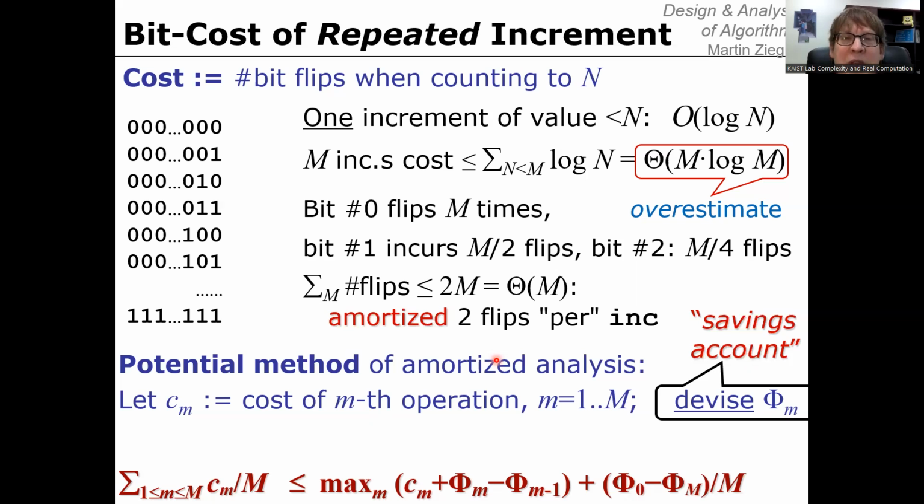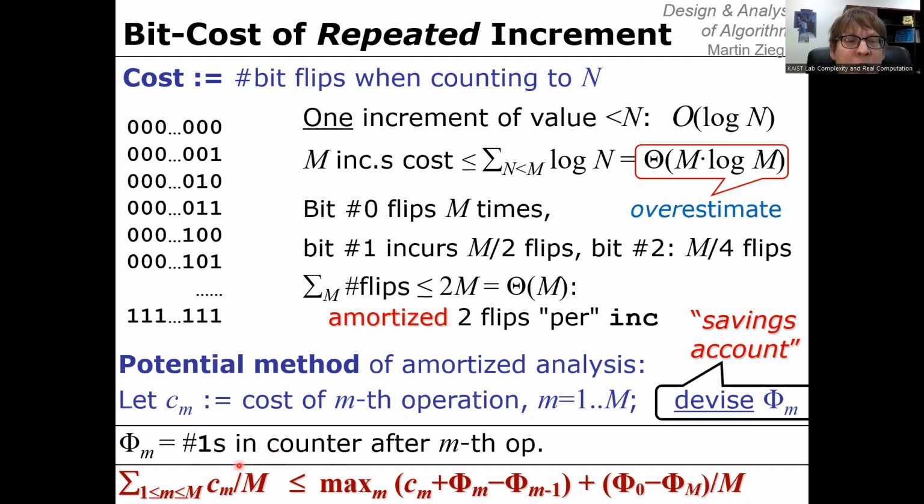In the case of the repeated increment, the policy that works, that recovers this analysis. So now we take a different perspective on this amortized analysis. Now, with the perspective of a savings account, the policy that we use is that the balance of the savings account after the nth operation should be equal to the number of digit ones in the counter after the nth operation. So this is kind of our own policy that we make up for ourselves. And then we analyze that. So how do we analyze that? Well, we